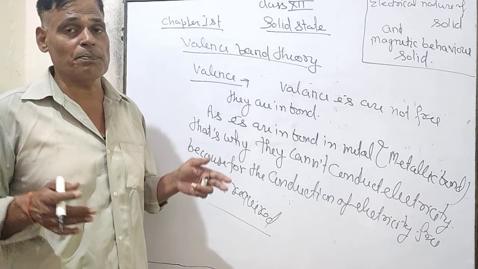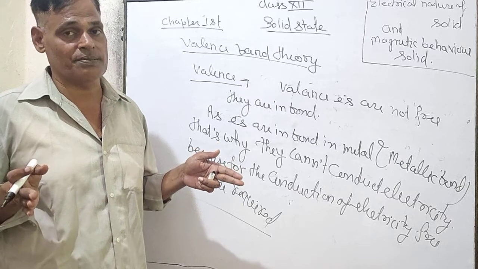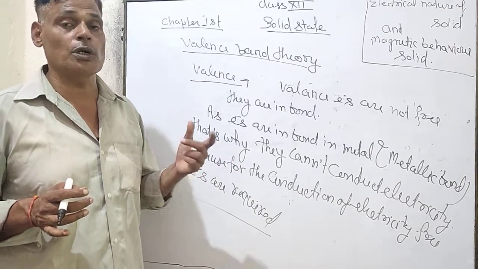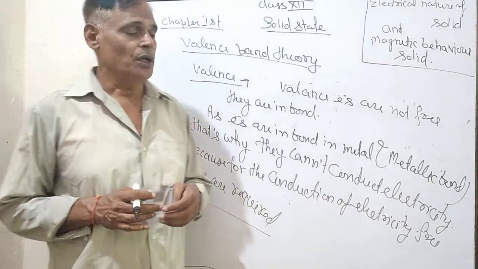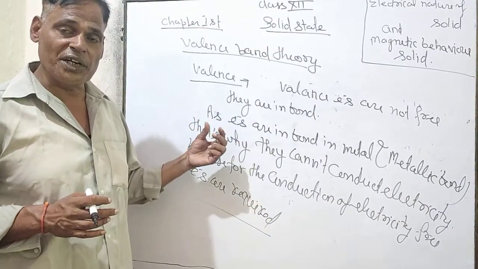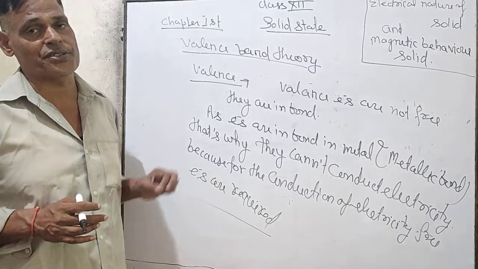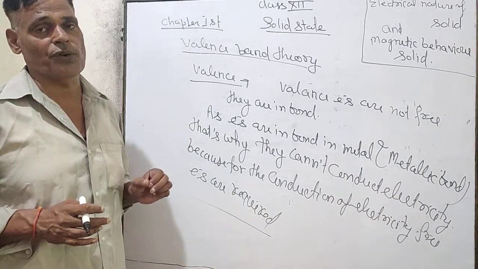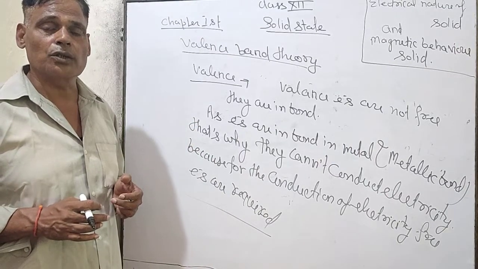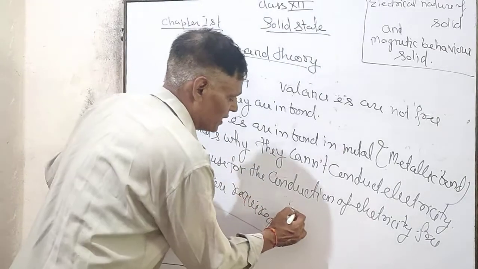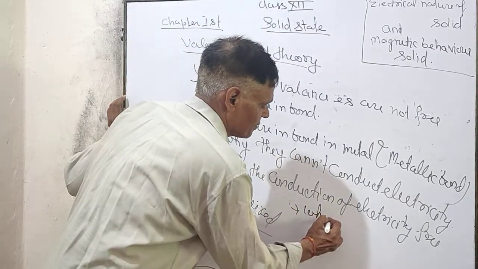For that, we have to supply electrical energy, and that electrical energy is measured in volts, that we call potential difference. When bonded electrons are liberated, only then can they conduct electricity. After liberation from the bonded position, the electron moves into the conduction band. What happens? When electrical energy is supplied,